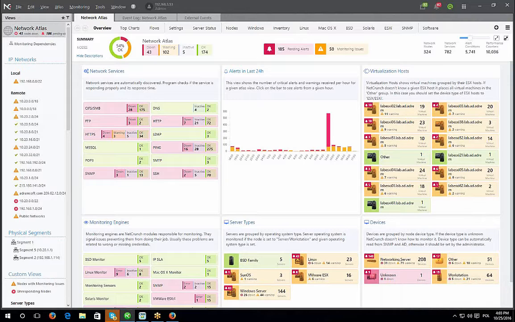We are Cisco, VMware, and Microsoft partners, and we are also the only mainstream monitoring solution that is certified Cisco compatible as well. Setup takes only a few minutes, and we do support hundreds of devices and applications out of